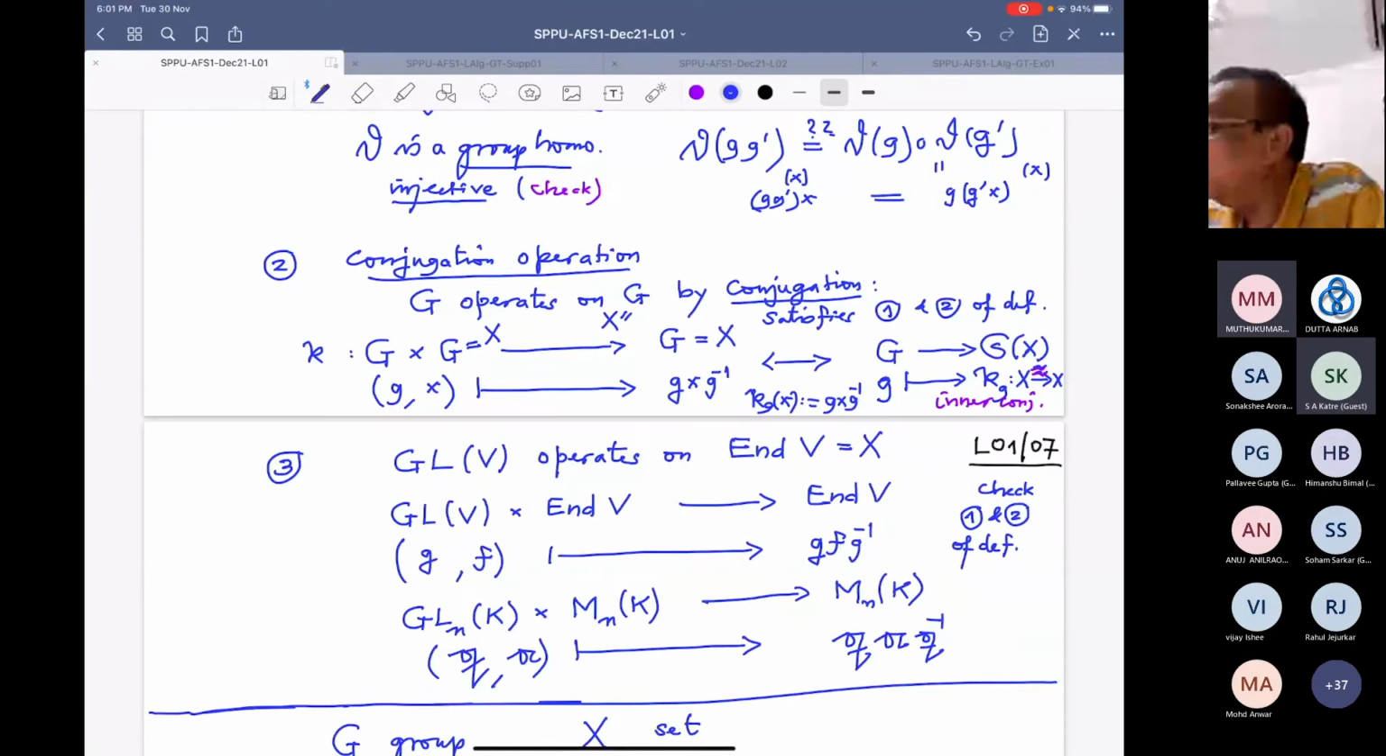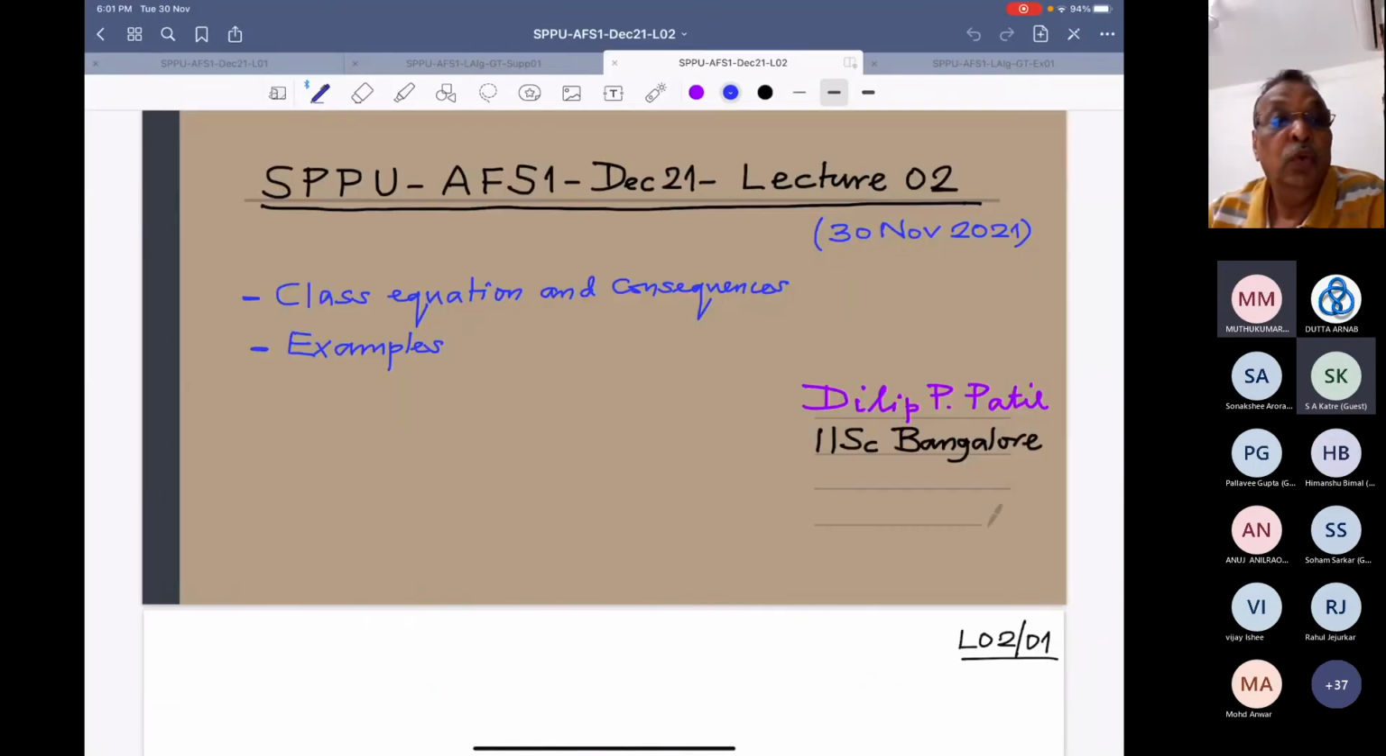All right, so I will continue. And today I will go to class equation. But before I go to class equation, I also give you one example of a group action,